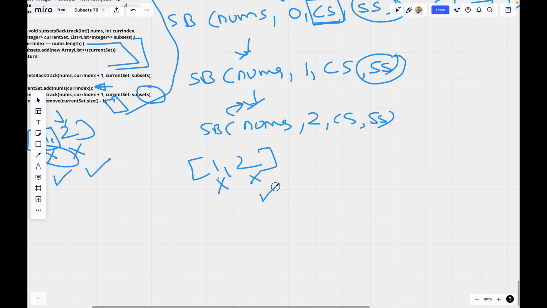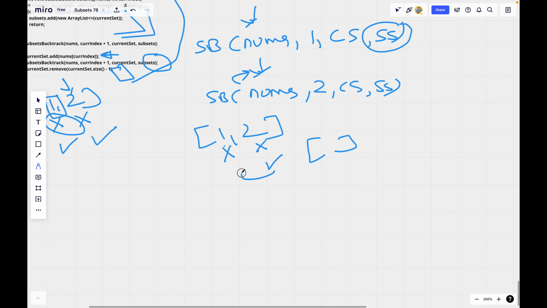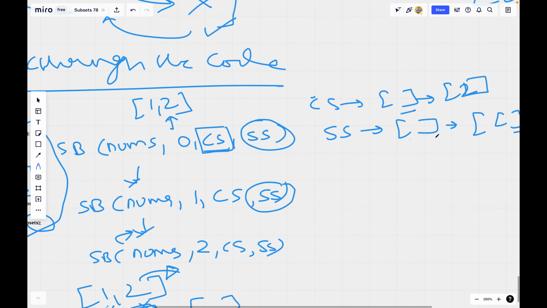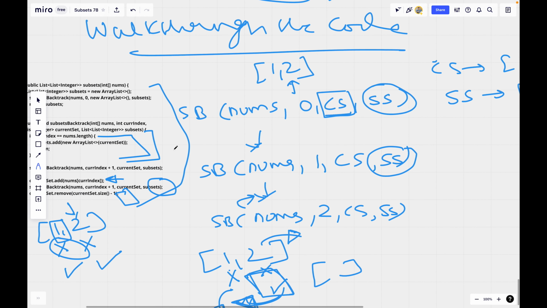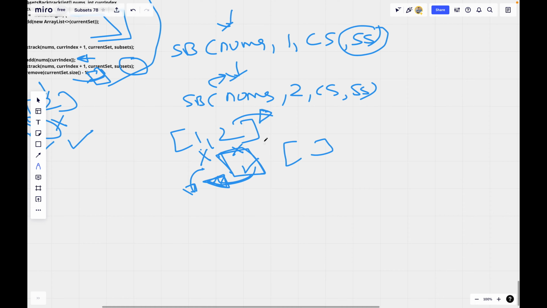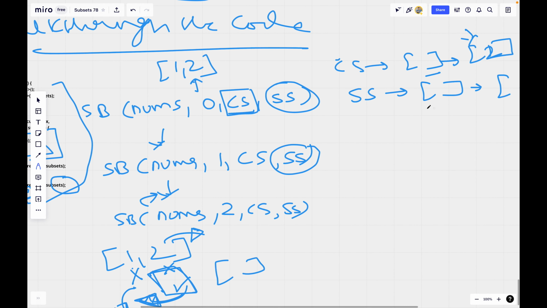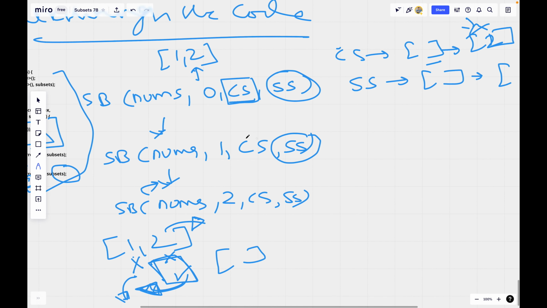Then it will say include me, compute all the subsets. Before returning to the caller, it has to say, hey, I have not made any choice on my own, because the next element can only make a choice after its previous element has made its choice. So before returning to the caller, it has to undo the changes it has done, and this is exactly what we are doing right here. So it will remove the current set's last element 2 and return to the caller.